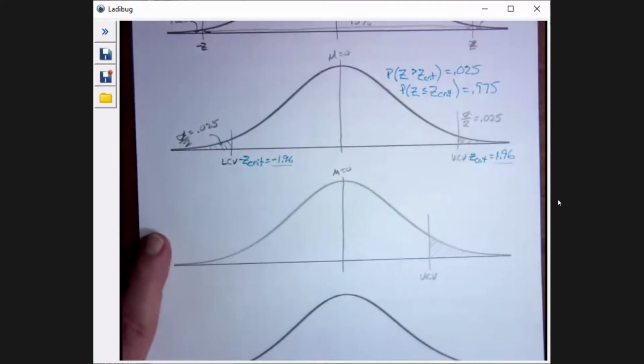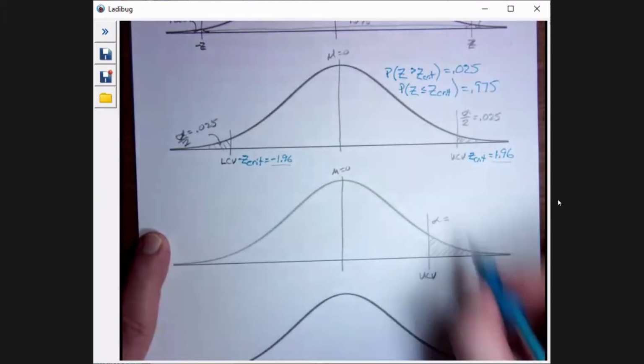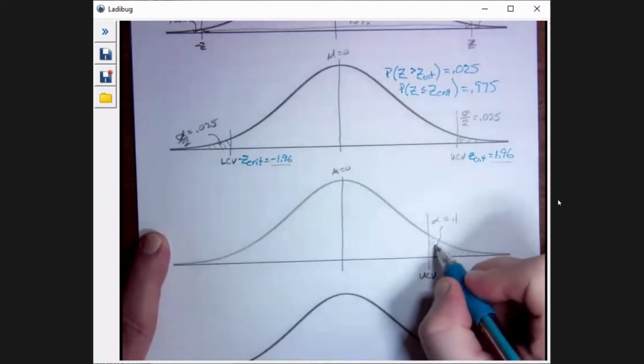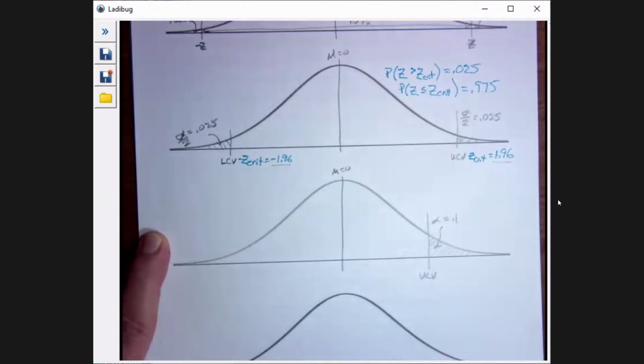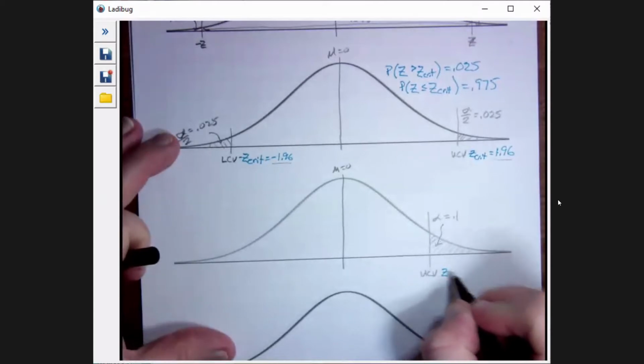All of alpha is in this tail. We don't have to split alpha because this is a one-tailed test. This only has one tail, so all of the alpha is in this tail. And again, I'm going to want to compute a critical value,